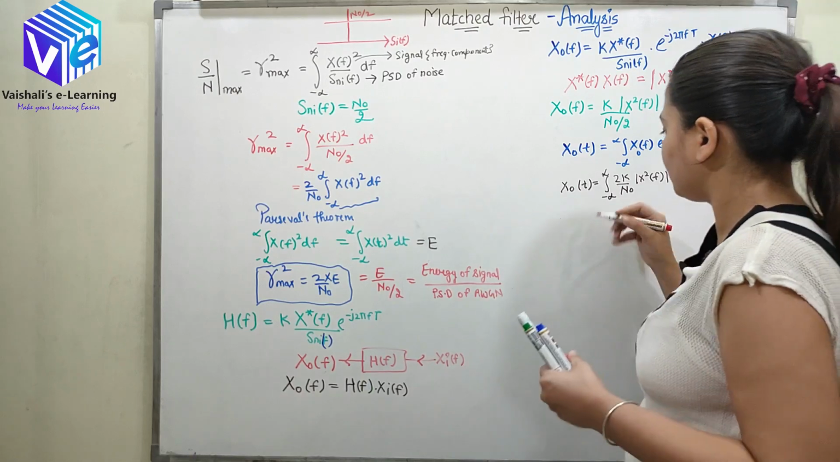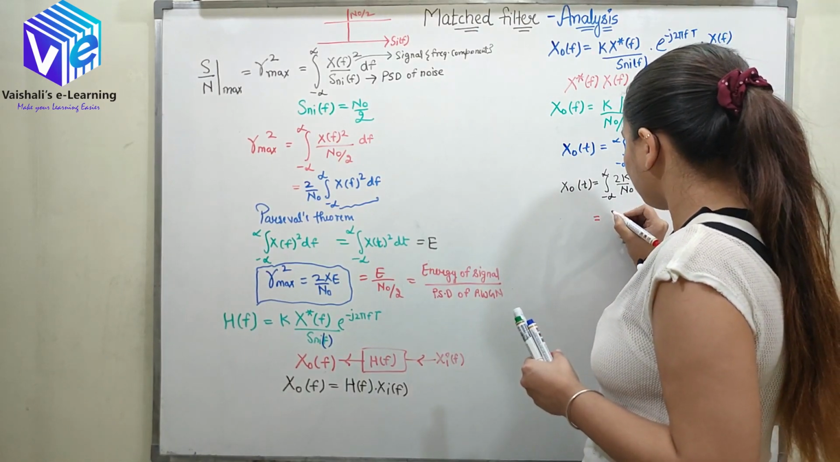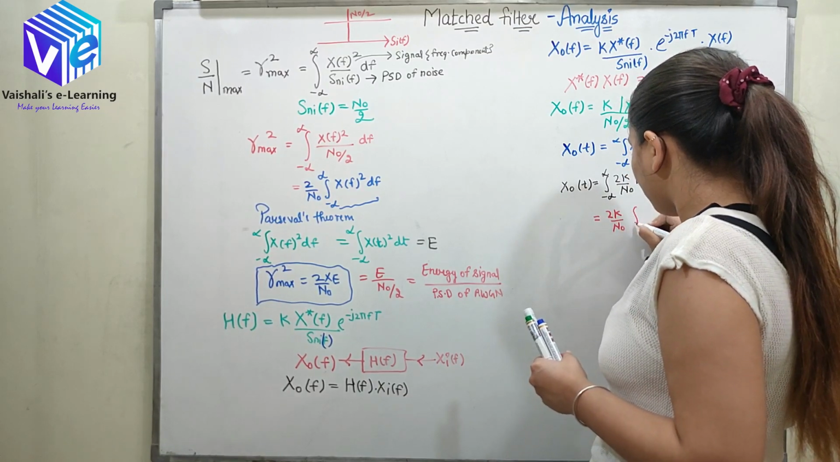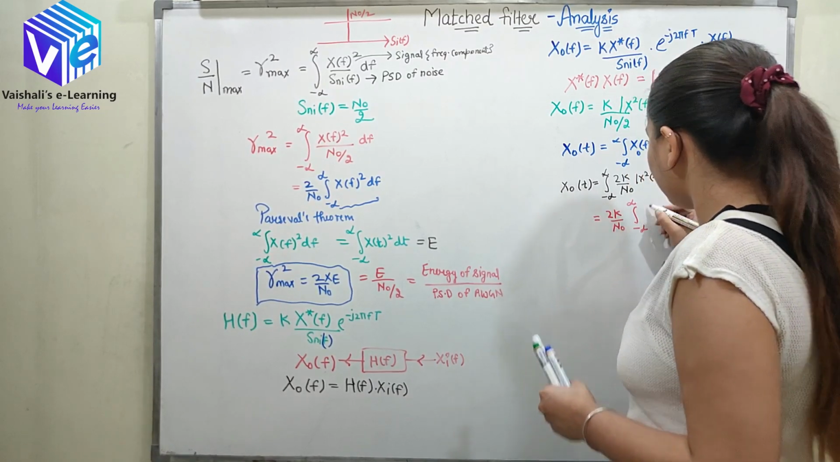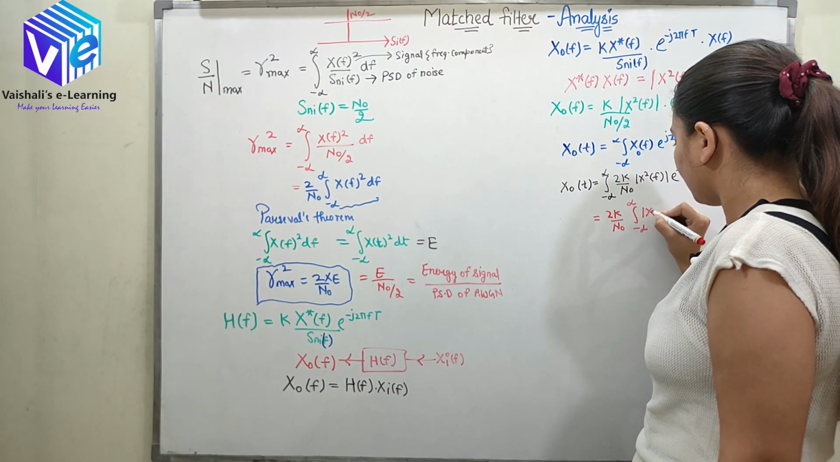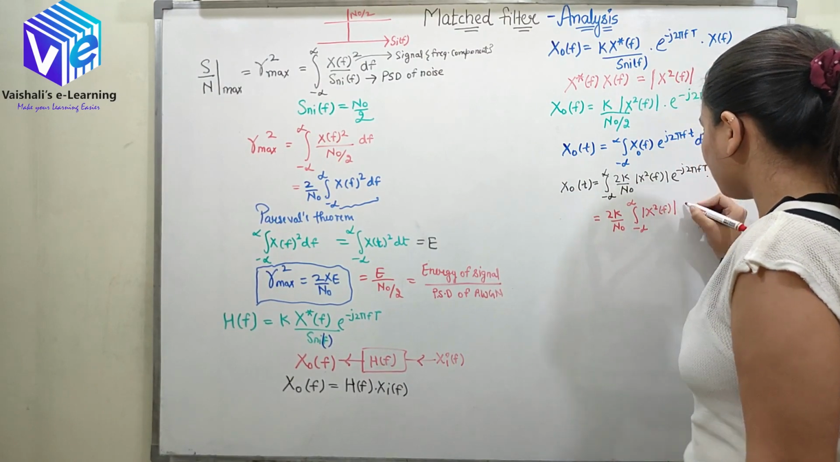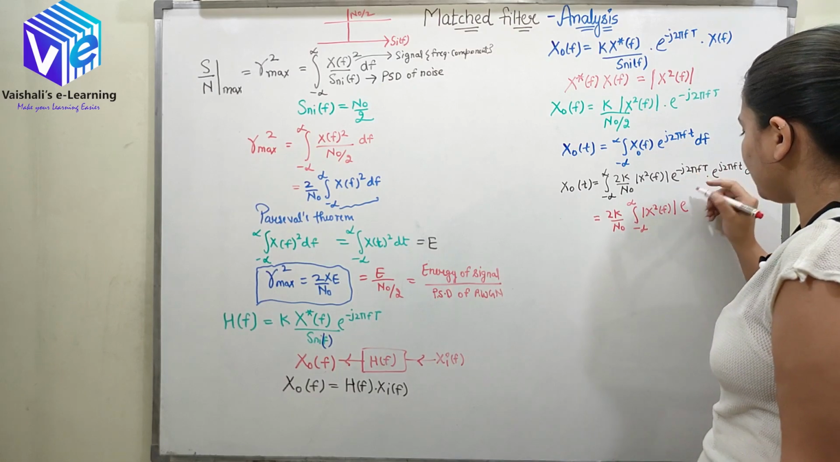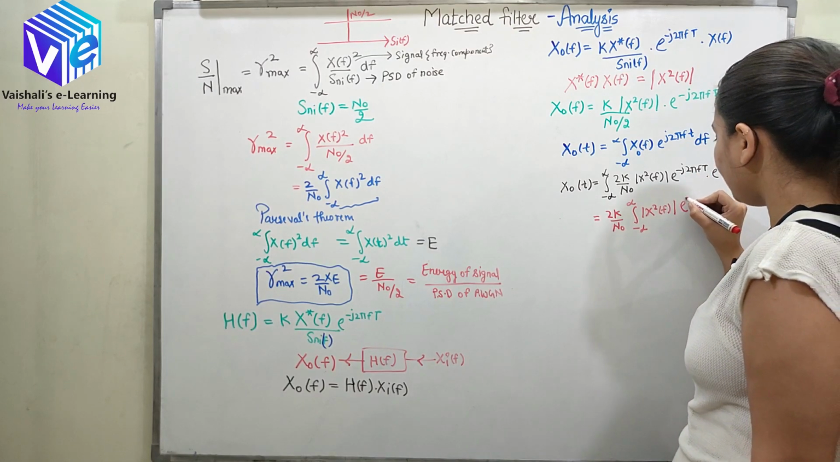So now it would be equal to, taking 2K by N naught outside, minus infinity to infinity X squared f e raised to power. Now I'll take 2 pi f and j common. So when I took that,